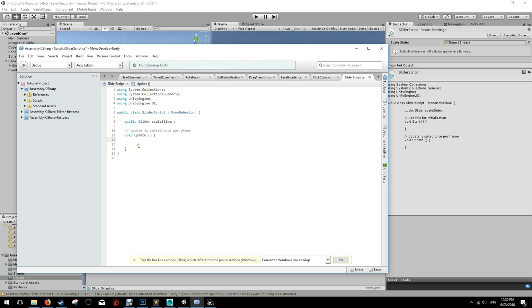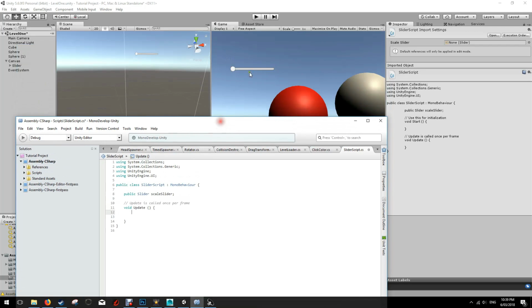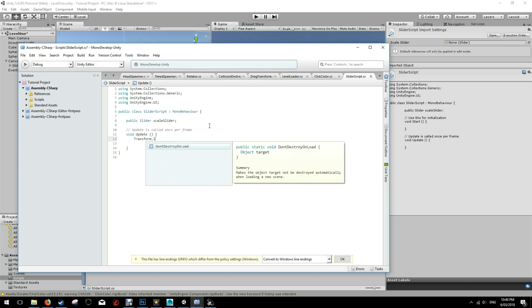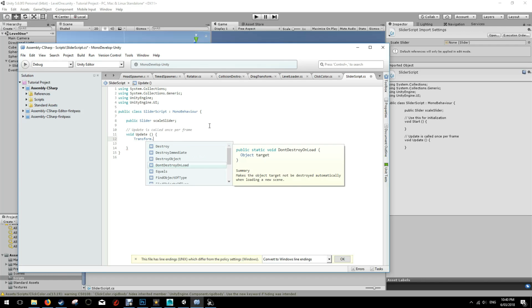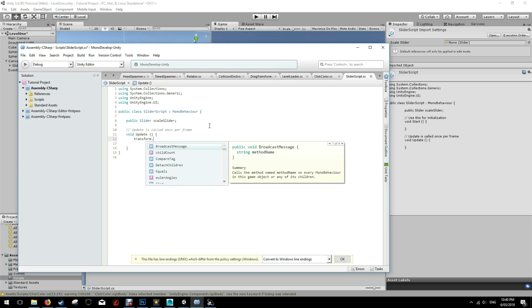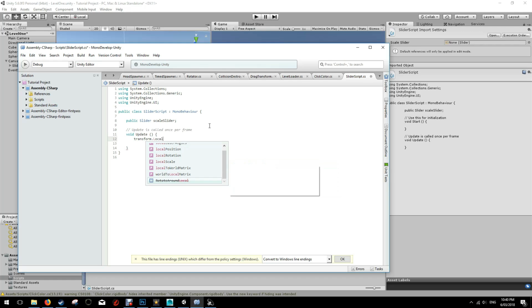Mostly, for most purposes, it would be every update, because as soon as we change the value, and that could be at any time, it needs to be able to change the size of the sphere. So the command we're going to put into our update function is transform dot lowercase transform, which means this transform dot local scale,